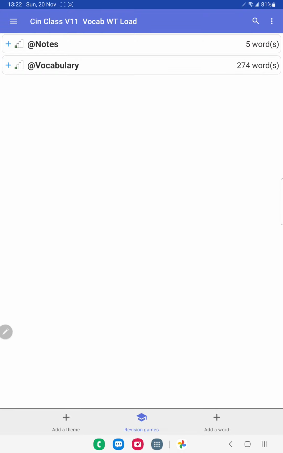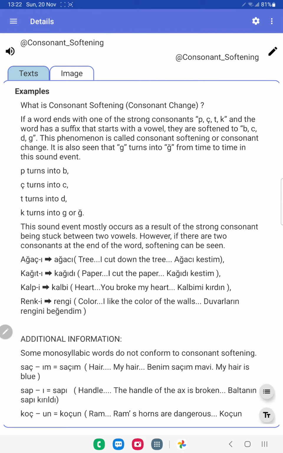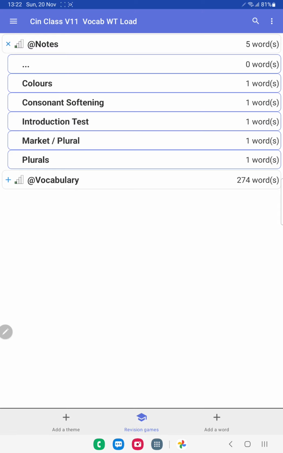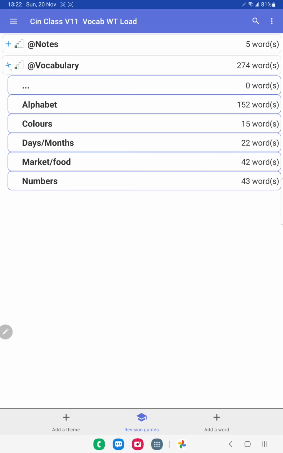I've decided to set it up into two categories. Notes, which is any of the notes that Gin's sent to explain how things work, so that's something you can just go in and read at any time. But the other section is the vocabulary. The idea is, inbuilt into the app, there's various tests and revision games you can do to revise or to learn. So I've split them up into how the lessons went: alphabet, colours, days of the month,